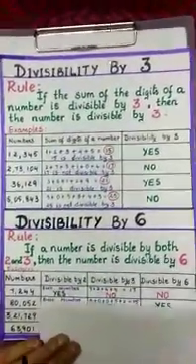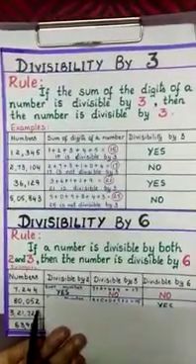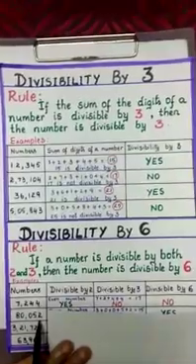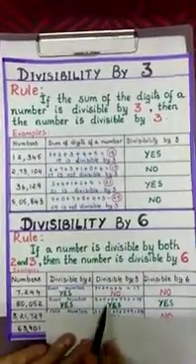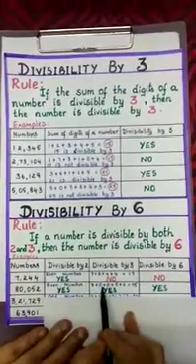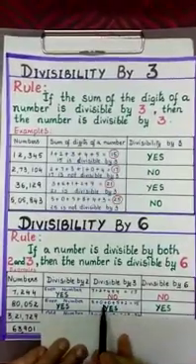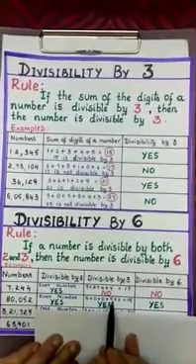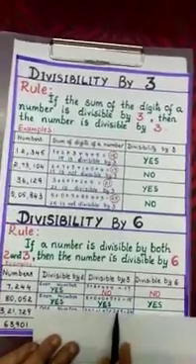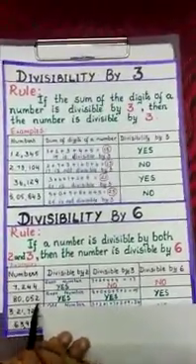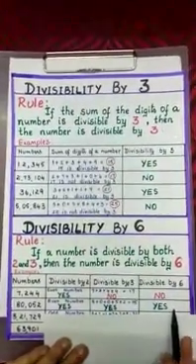Now consider the next number. 80,052. Now you see here, what is the digit in ones place? 2. It's an even number which is divisible by 2. Sum of digits 8 plus 0 plus 0 plus 5 plus 2. 8 plus 0, 8. Again 8 plus 0, 8. 8 plus 5, 13. 13 plus 2, 15. Here 15 is divisible by 3. So here this number is divisible by both 2 and 3. Hence finally it is divisible by 6.